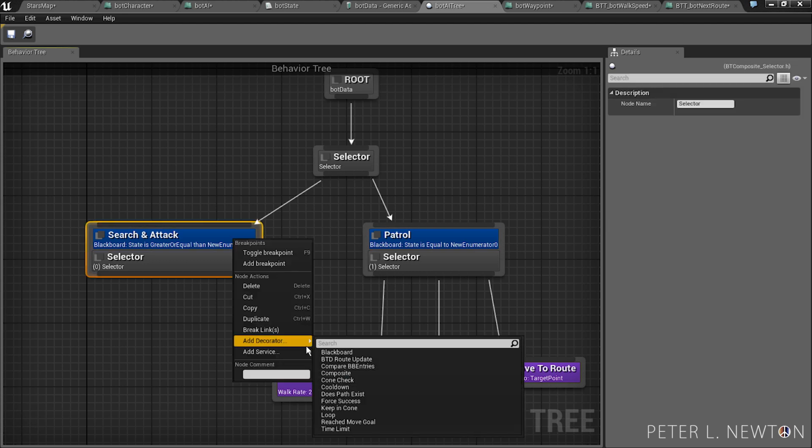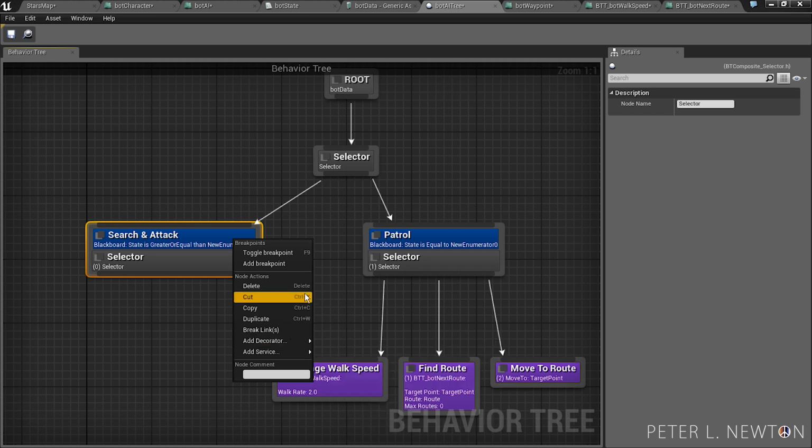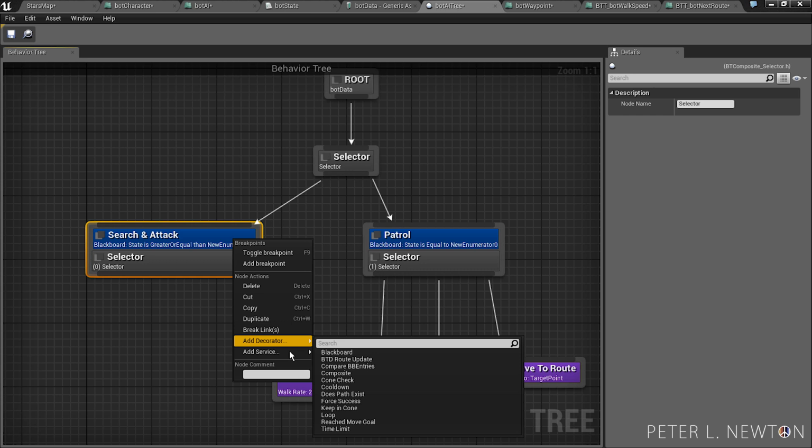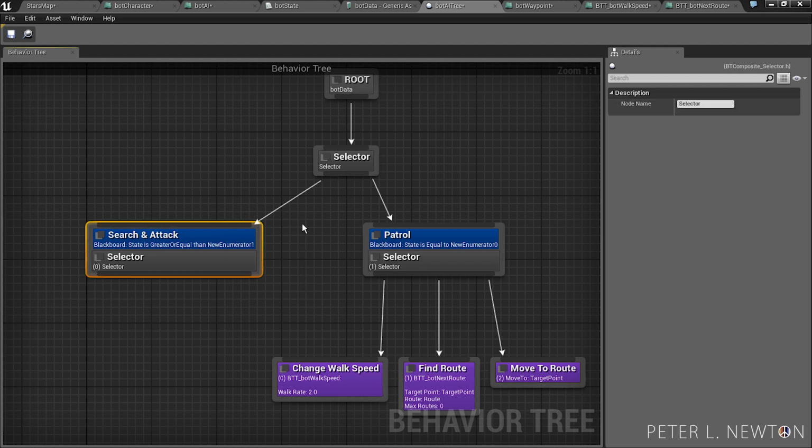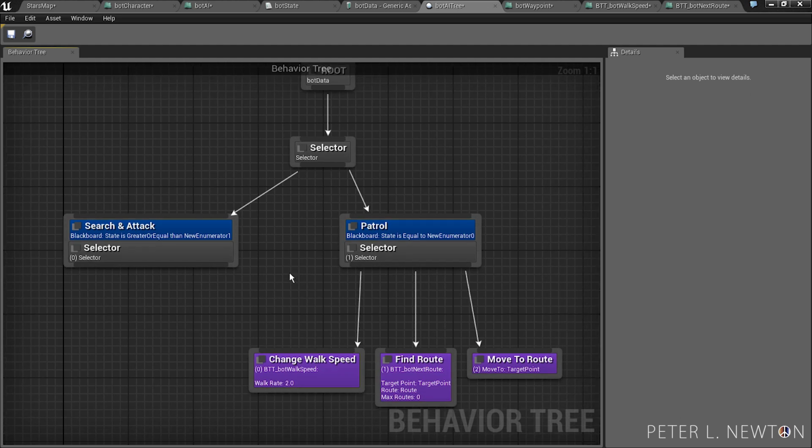So to quickly overview some of these other tasks, there's force success, loop, time limit, reach, move goal, and these decorators simply allow you to add extra conditions to the task itself. So you can either force it to do something, limit it, or whatever it is that you need for your